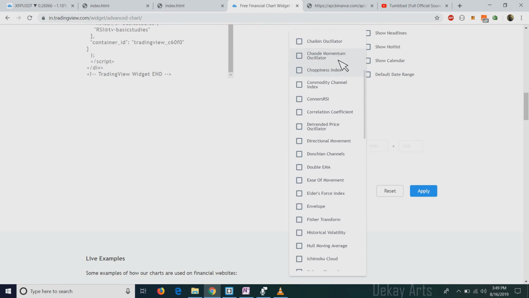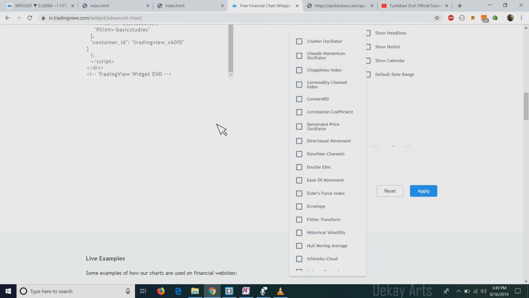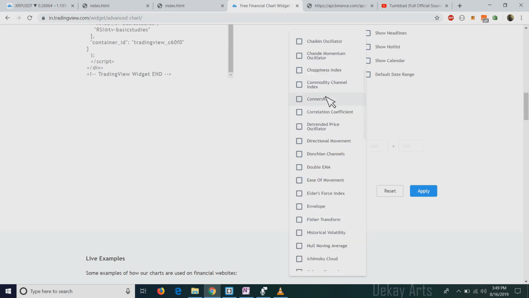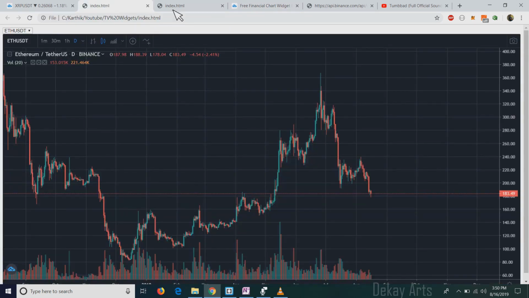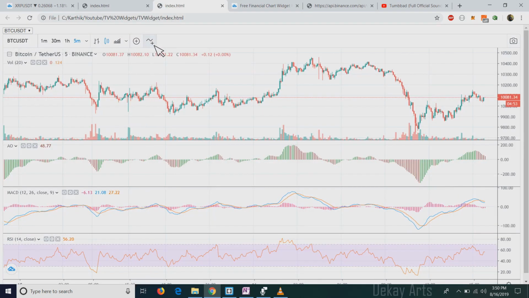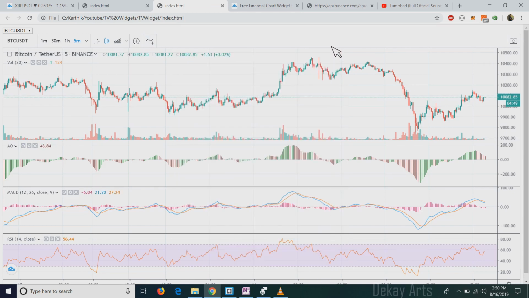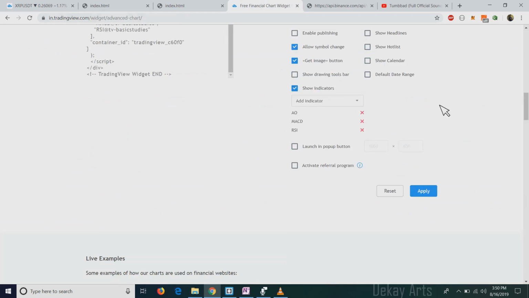You can only pick the indicators that are displayed here when you render the chart. So even if there is an indicator which is published, in the public domain, but it's not listed here, you cannot display it. You can only do it after you render the chart. After you render the chart and click on indicators, search for the indicator and add it. But that is still a manual task, right? So what I'm trying to say is there is no way to pass either Pine scripts or any public scripts which are not listed here in the widget. Okay, that's a drawback.